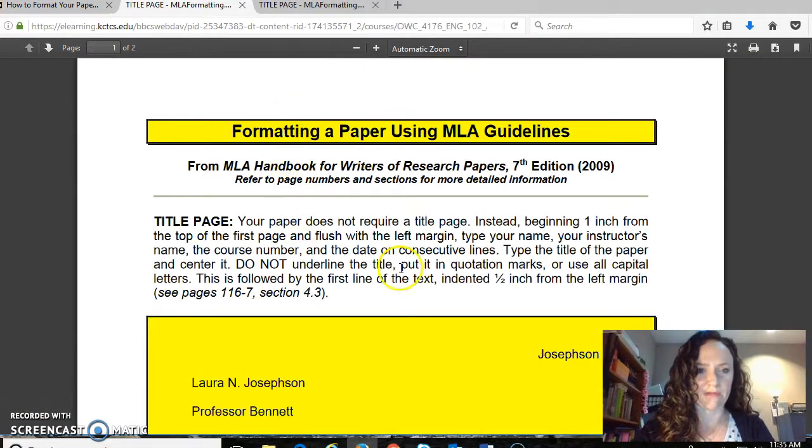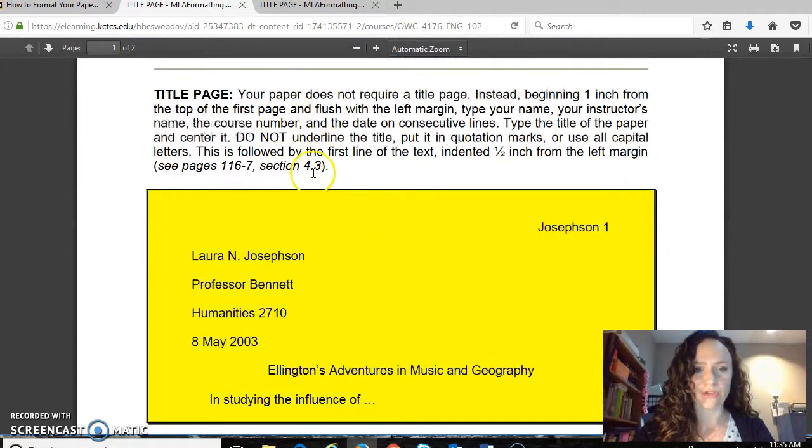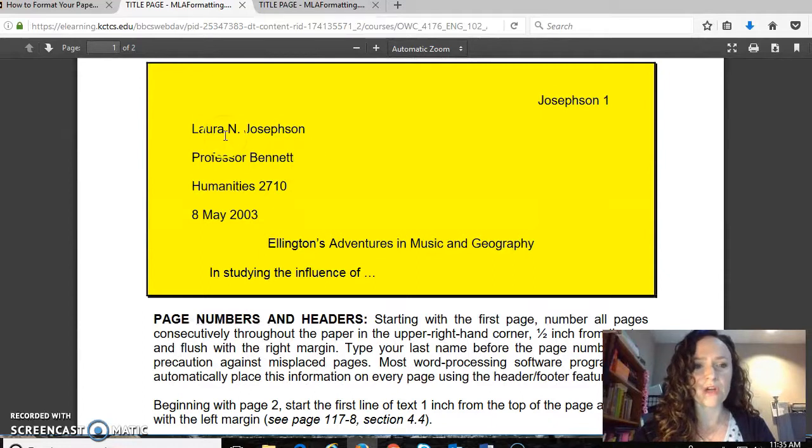So I'm going to bring up the PDF, and this is what it looks like. So this is what your paper should look like. It explains how to do it first, so don't just use that as an example, but show what exactly you're supposed to be doing up here. Notice that the only thing in your header is your name, your professor's name, your class name, and the date. And you will have a page number on each page with your last name, a title, which is always centered. And notice that there's only one space in between the heading and your title and the title in your first